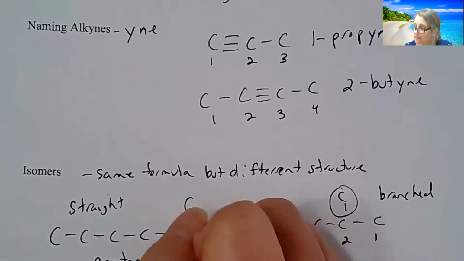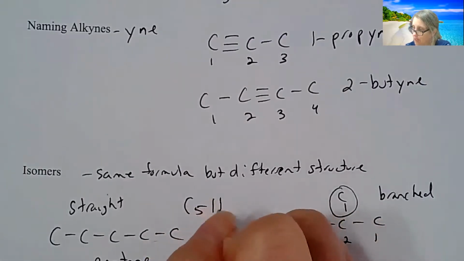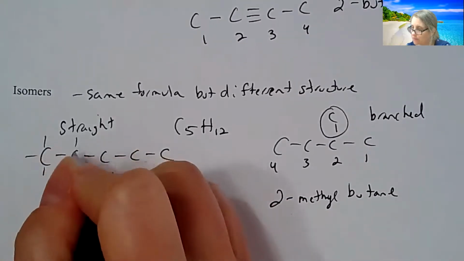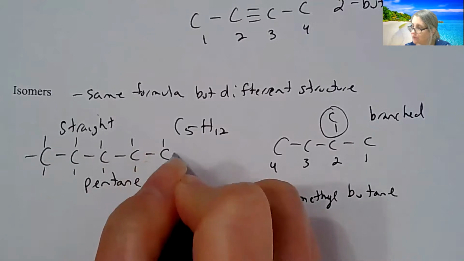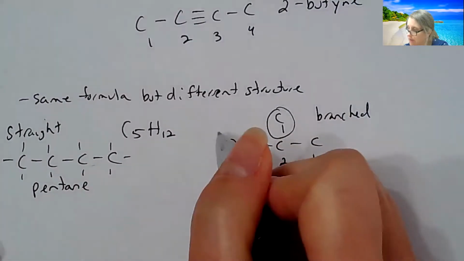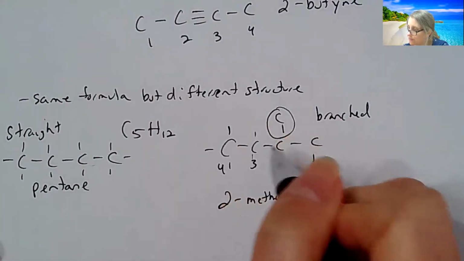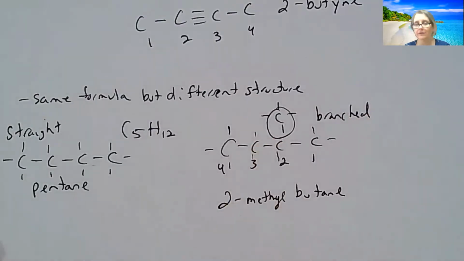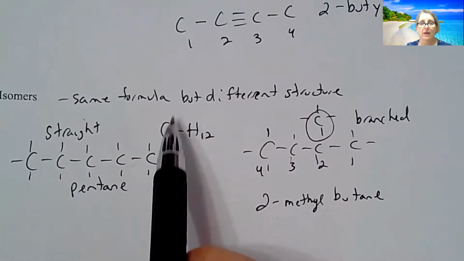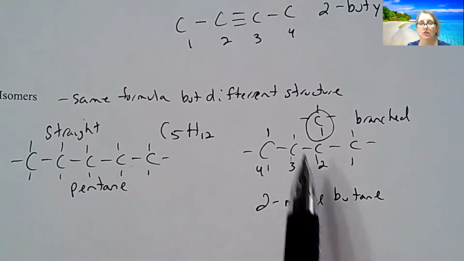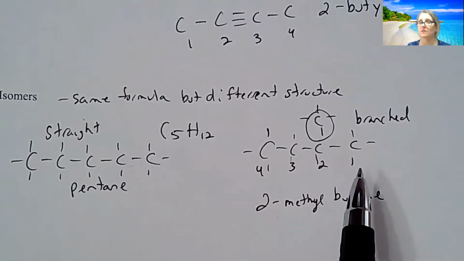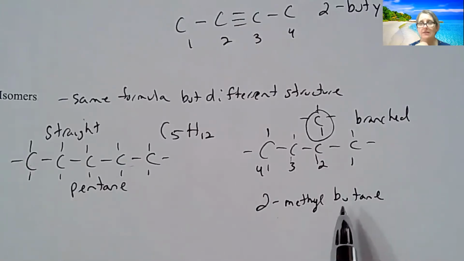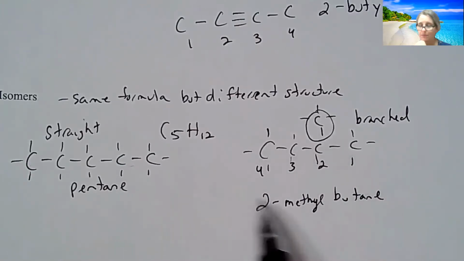So these are both C5H12 formulas, okay? So if I count up 1, 2, 3, 4, 5, 6, 7, 8, 9, 10, 11, 12, I have 12 hydrogens here. I have 1, 2, 3, 4, 5, 6, 7, 8, 9, 10, 11, 12. I have 12 there as well. So they both have 5 carbons and 12 hydrogens, but their structures are very different. And in terms of their chemistry, that's going to change how this reacts. So if you see a branching system, and it was in your notes, that's where it's coming